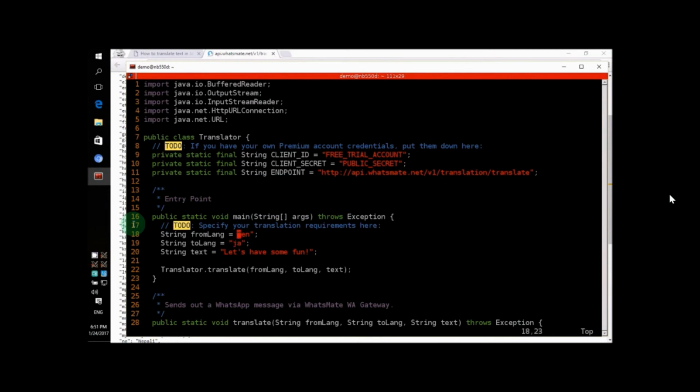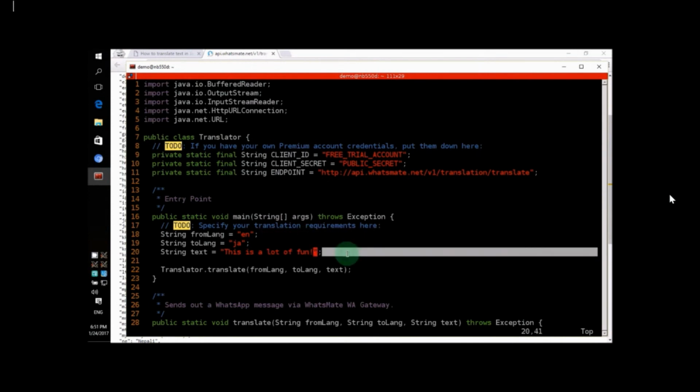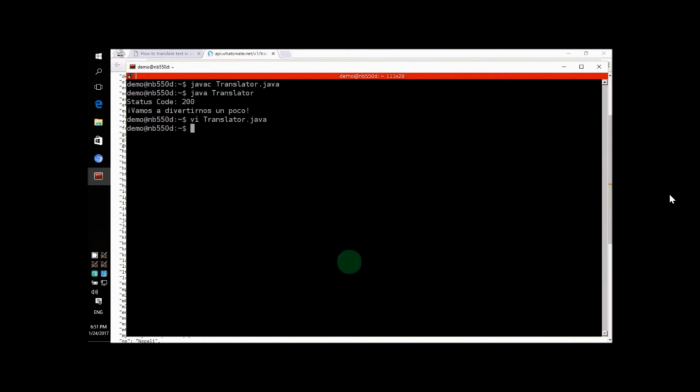Go ahead and change the language code, and then if you'd like, you can also change the string text. You can set it to any string text that you'd like to translate. You can go ahead and do that. I'm just going to change this to, I'm going to take this out. This is a lot of fun. I think that's fine. Okay, head back to your